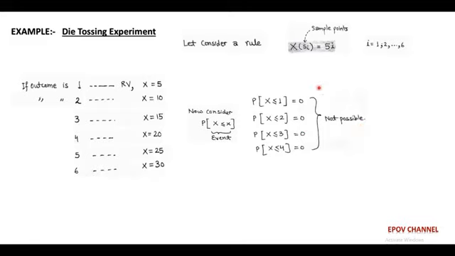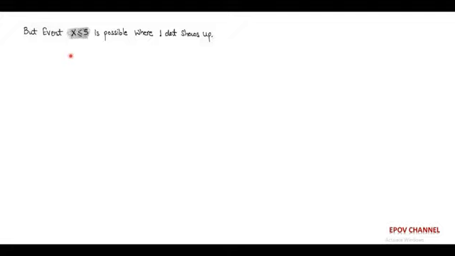And here we take a rule X(si) = φ(i). So for an event X ≤ 5, there is a probability of occurrence of only one dot showing up. So the probability of X ≤ 5 is equal to 1/6. Because here we consider equal probabilities for the 6 possible outcomes. Similarly, for the event X ≤ 10, there is a probability of occurrence of 1 or 2 dots. So the cumulative distribution function P(X ≤ 10) is equal to 1/3.